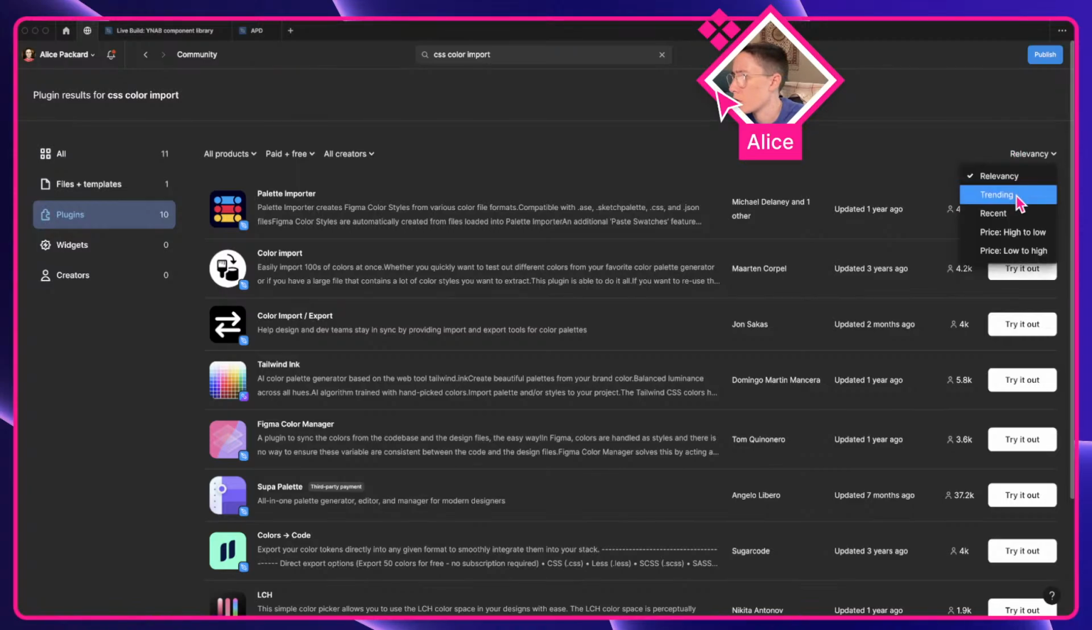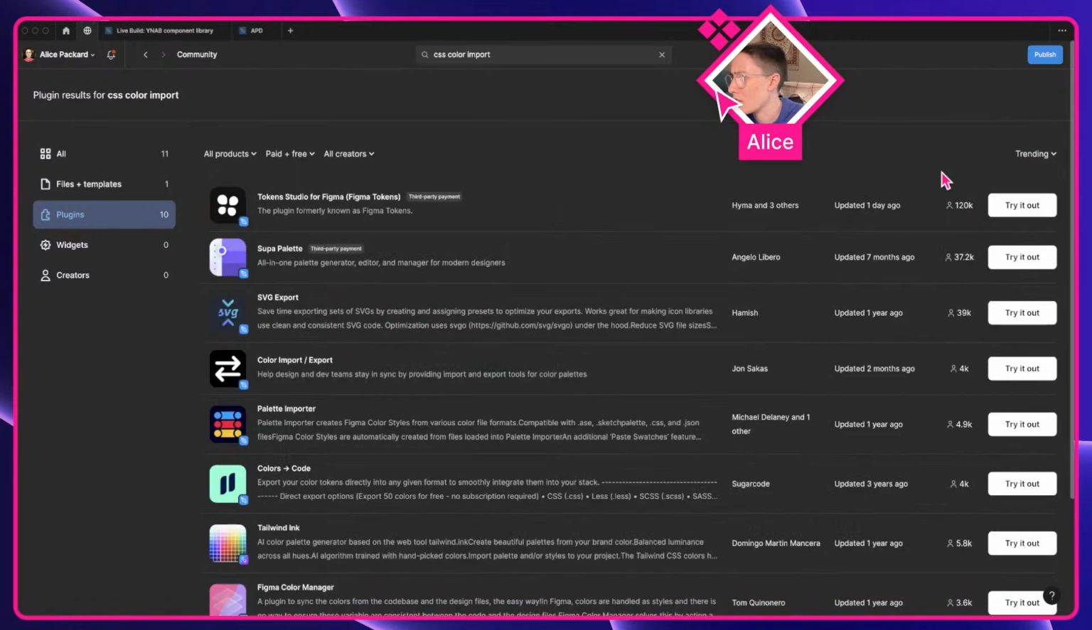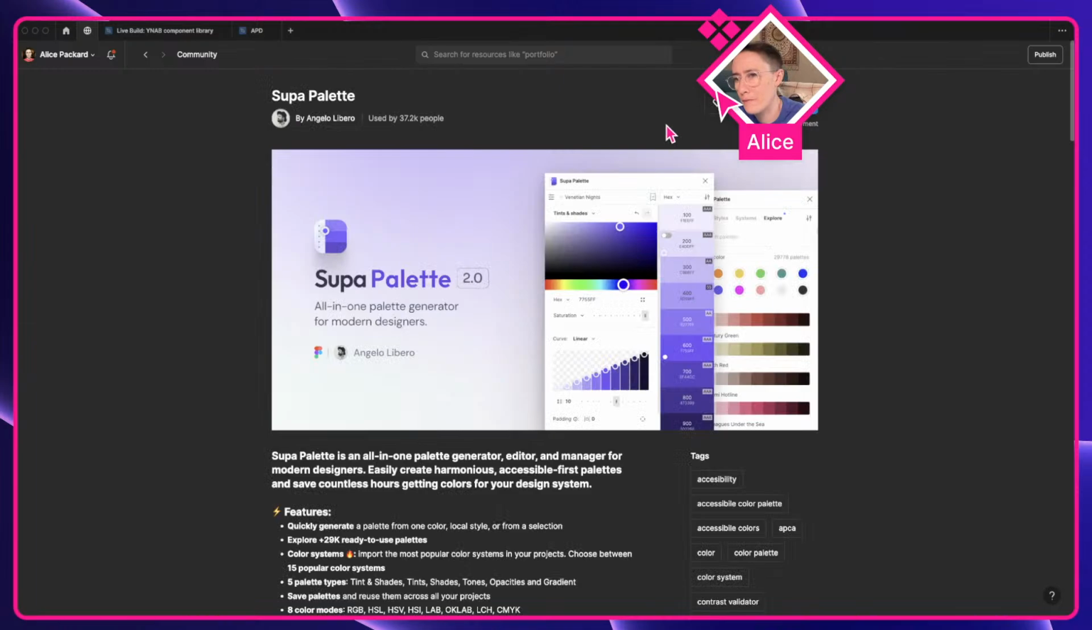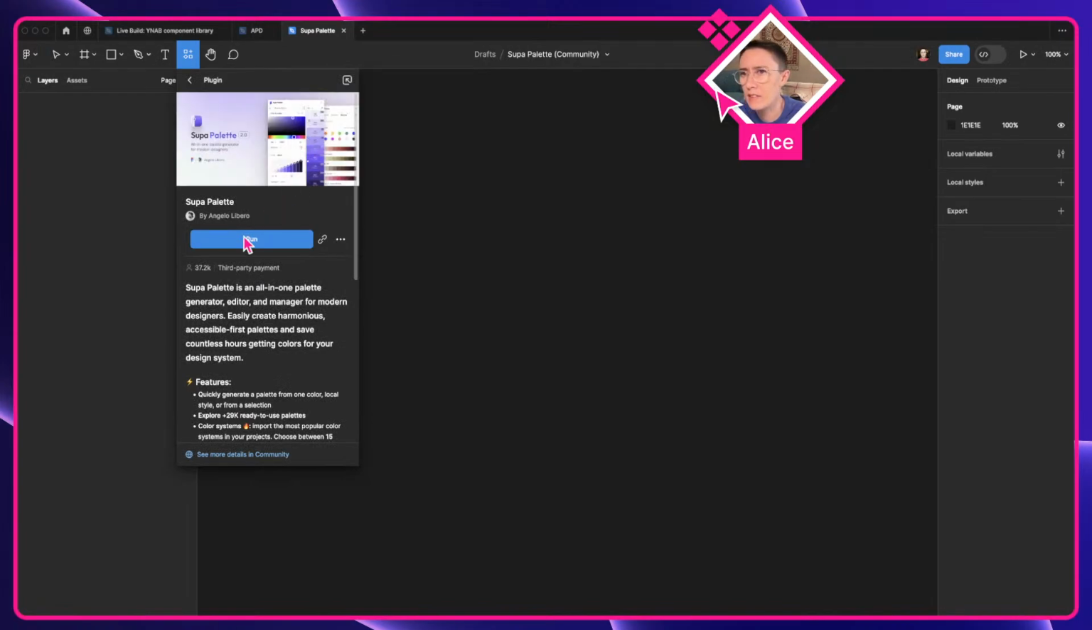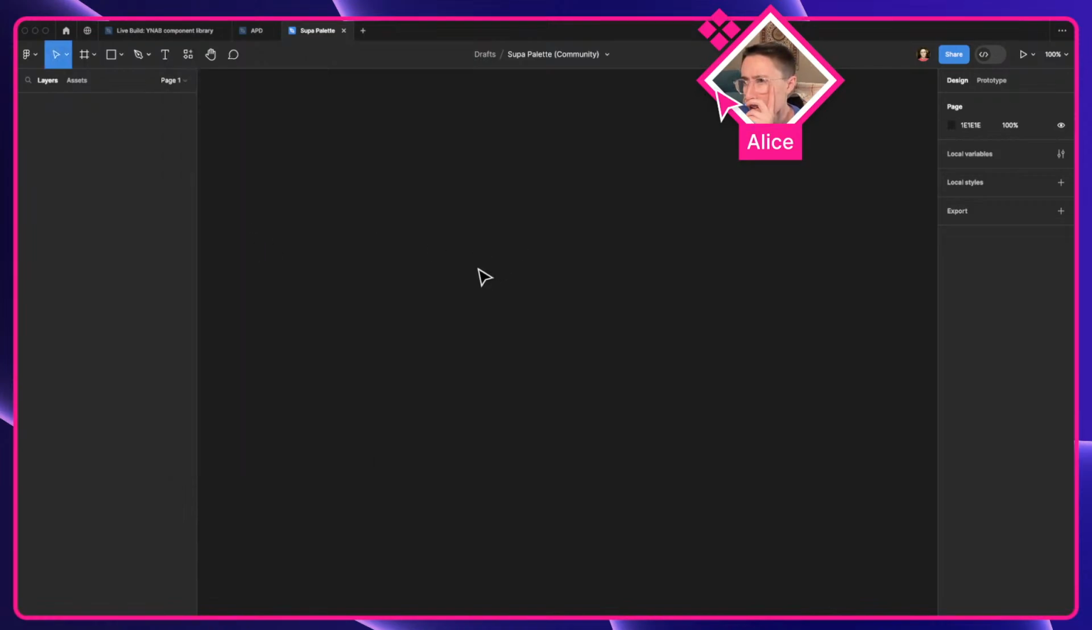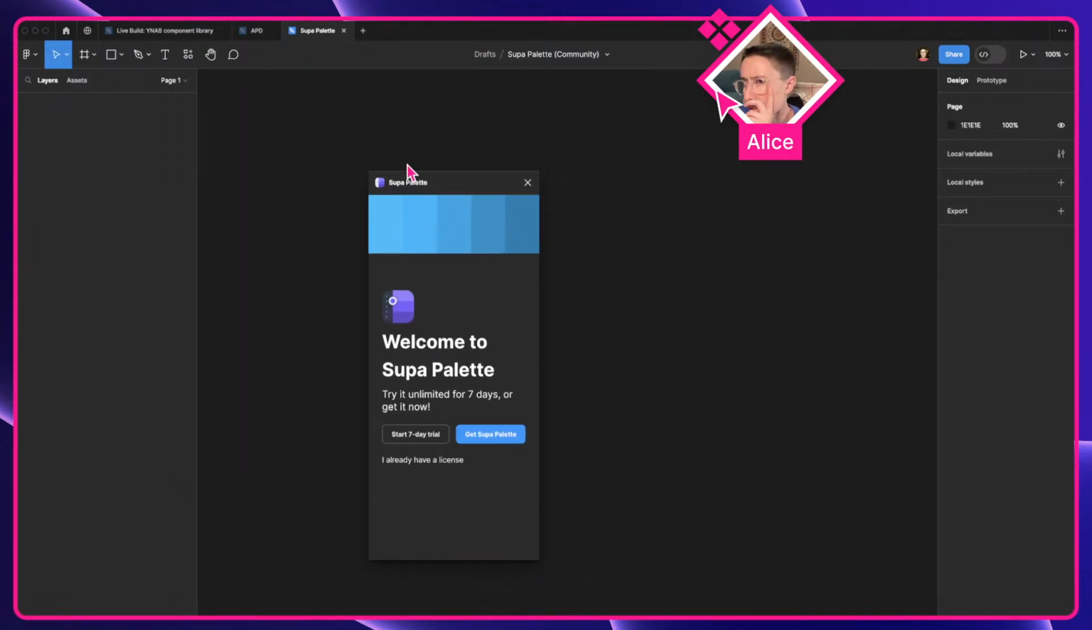I think I want to go by, I guess, trending. To me, that would be number of individual users. I have heard about Supa Palette before. I have not tried it out very much. I'm often not generating palettes. So yeah, we'll use it in this little kind of throwaway test file. See what this does. So if we run it,